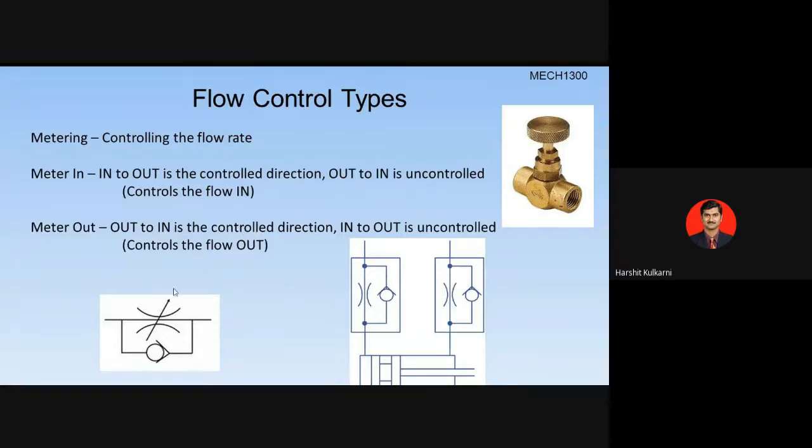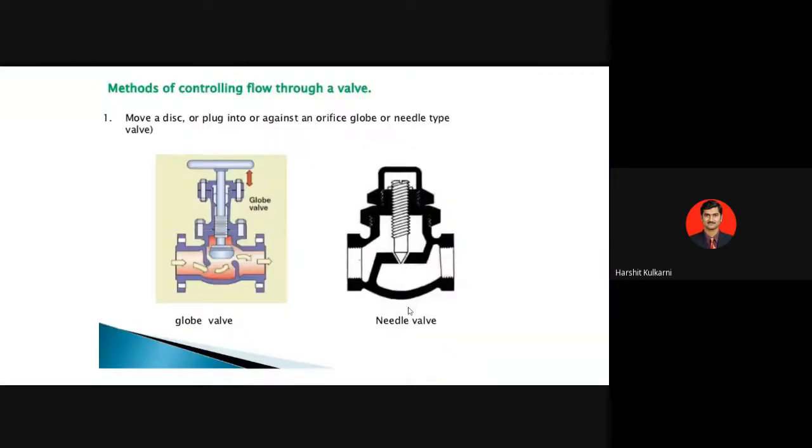This is the symbol of your valve. Here we have one flow control valve and another is the check valve. If you see the check valve, there will be free flow in this direction, and there will be no flow in the other direction, because this valve will be seated in its position and it will block. But from this side, if you allow the flow, it will be possible. You can see here one of the valves in which you have a knob. If you rotate this knob, you can have the opening inside and allow the flow of the fluid. So this is your meter in and meter out.